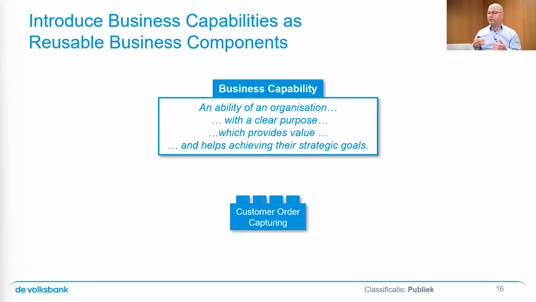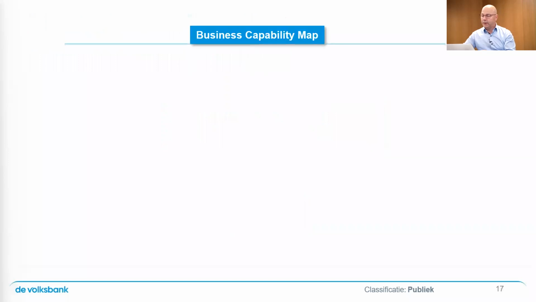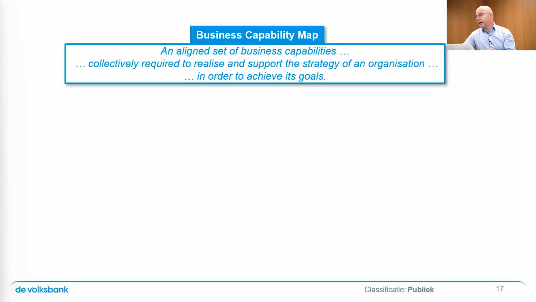Now, business capabilities themselves as reusable components, they are not your organization. I mean, they're needed to make up your organization, but you need them to work together very solidly or at least smartly. And just to compare, if I have a car and I take all its parts and I put them on the road, it's no longer a car. It's not a system that can get you anywhere. It's the same with business capabilities. Just having business capabilities is not your organization. It's not an effective organization. You need another construct to align them and make them work together. And that's where we use the business capability map.